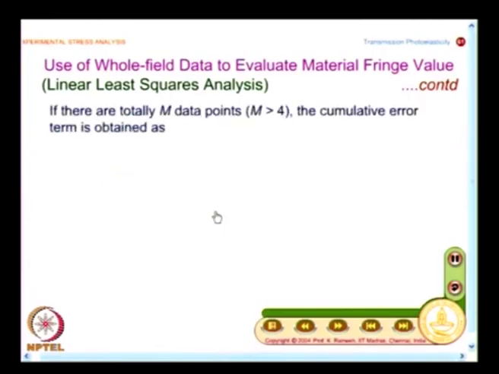So, I define error as, we have given the symbol as E, and to illustrate the method better, we take m data points and we say m is greater than 4, because I said you have 4 unknowns. Since I have a whole field information available, I can take many data points and I will ensure that I have at least